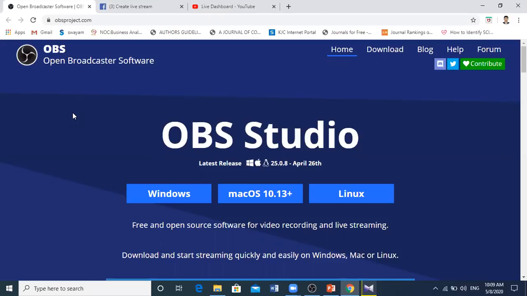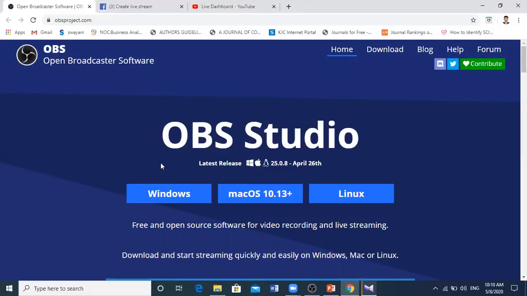Here you can see three options are available. First one is Windows, and the next one is Mac, and the third one is Linux. So if you have Windows operating system, you can download the Windows file, and if you have Mac operating system, you can download the Mac file. What you have to do here, you just click this particular Windows option. So one file will be downloaded to your system. The size of the file is around 70-75 MB.